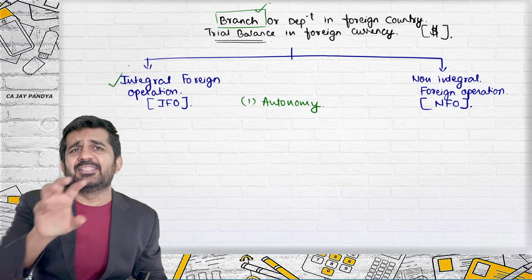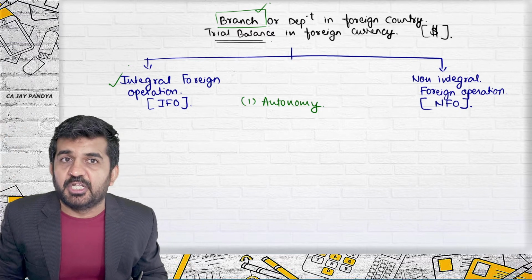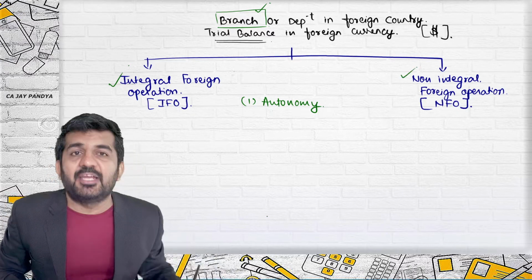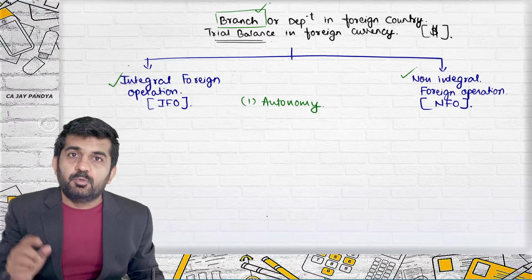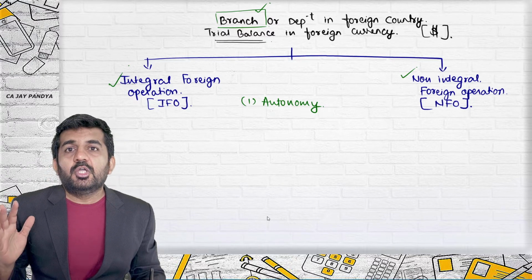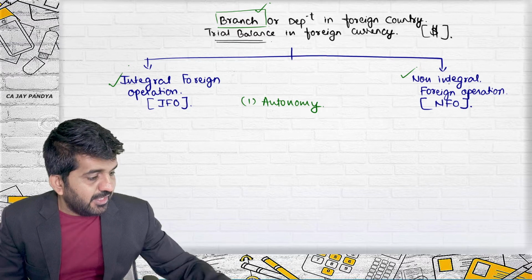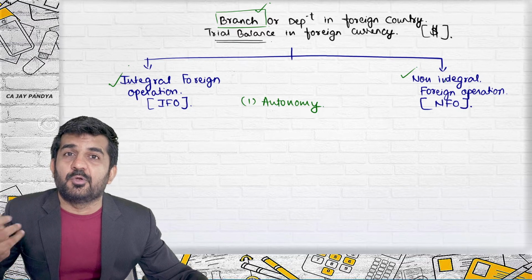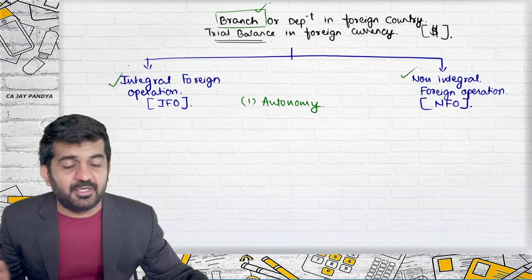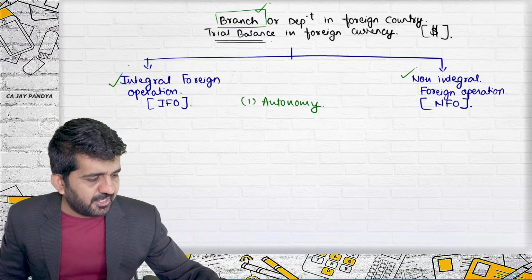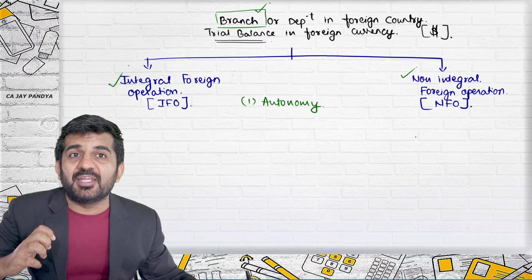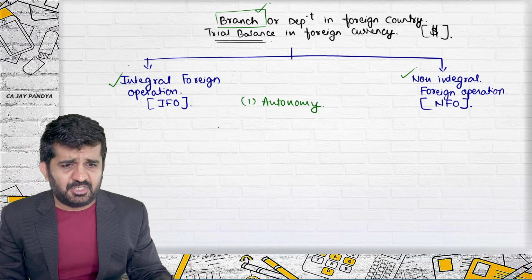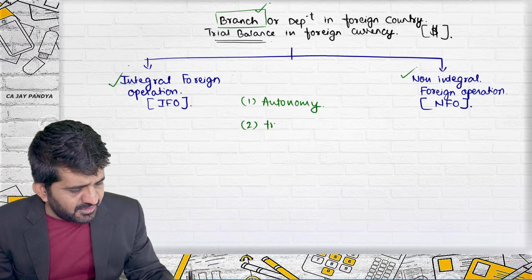Why? It is as good as another department of the same company situated in India. But see, this purchase manager can be hired by a manager who is staying in USA, the head of the USA branch. The salary will be paid in dollars. He has complete independence or autonomy whether to hire or not, whom to hire, at what salary. Then this type of operation will be treated as non-integral foreign operations, because you are giving independence. They are as good as a separate unit. So this should be the first characteristic. Number 2, transaction pattern.